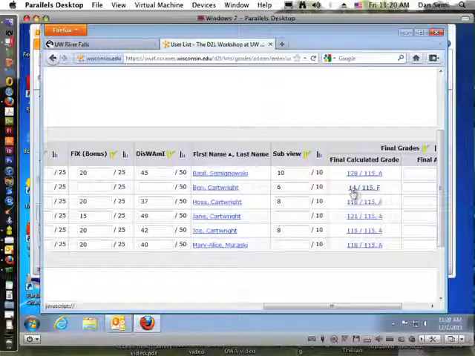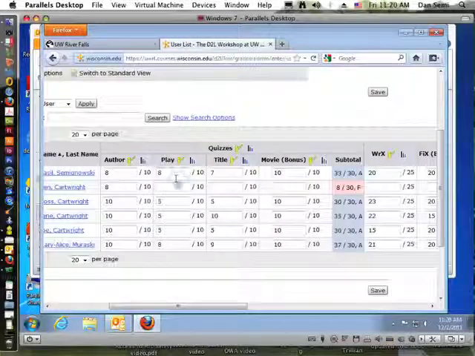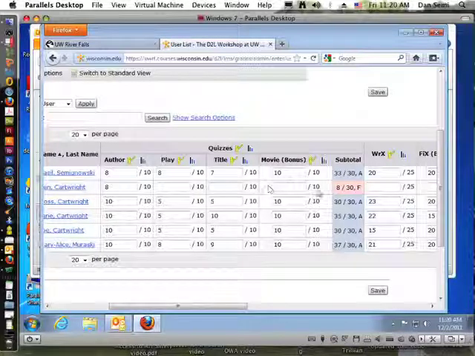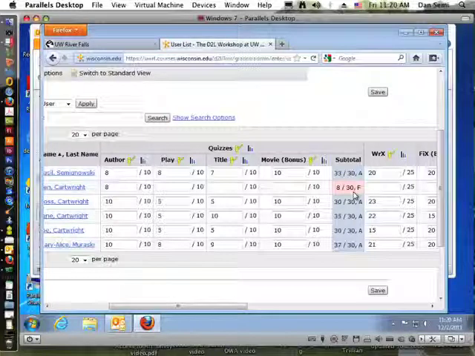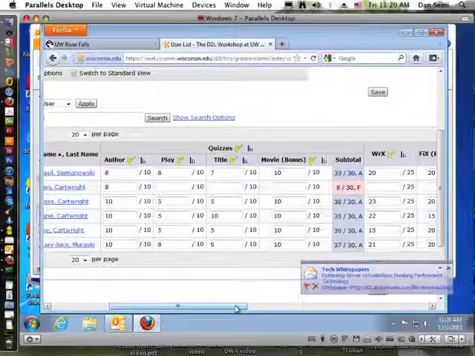Now this particular student, Ben, appears that he's got an F. But if we look over in his item area here, scroll back, the play, the title, the movie bonus, none of these are graded yet, so the system is treating them as zeros and adding them up into his calculation. So if I want to change that, look at this one is 8 out of 30 for an F right now.